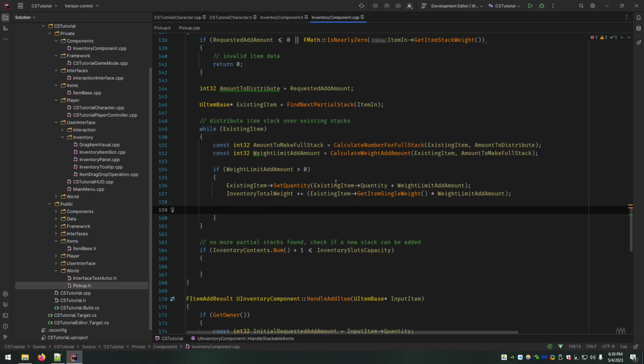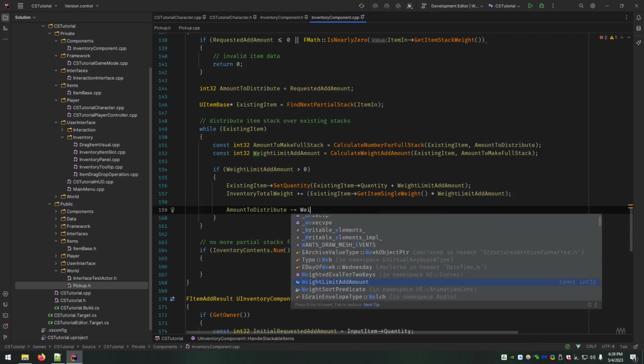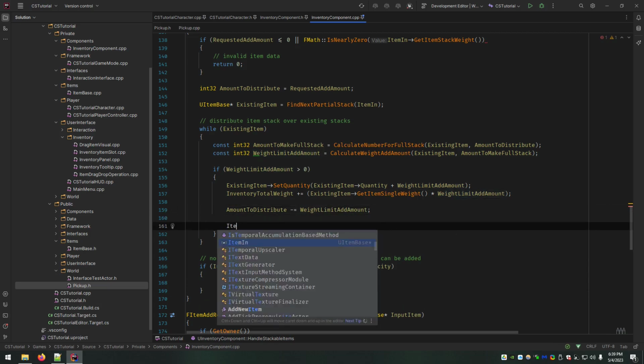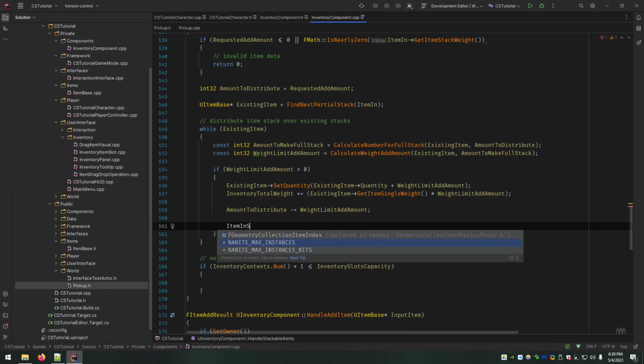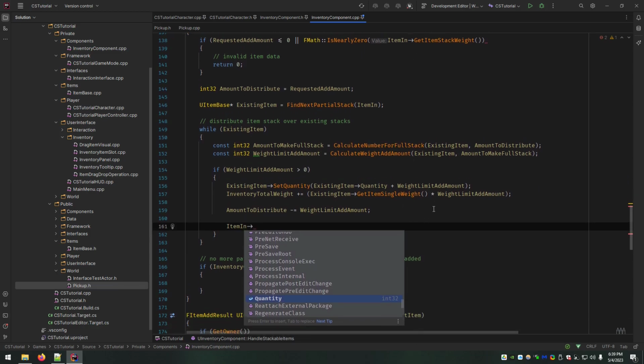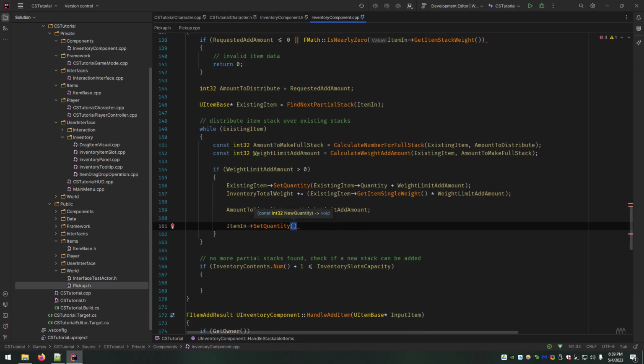Okay, so now we've adjusted the existing item quantity and we've adjusted our weight. But since this amount was distributed, don't forget that we have to account for that in amount to distribute. So now we subtract weight limit add amount off of it. We then take our incoming item, which we assume is like a pickup or something on the ground, and adjust its quantity by however many are left.